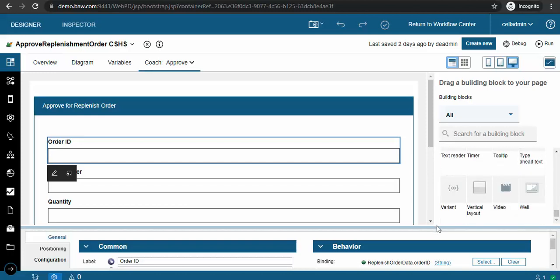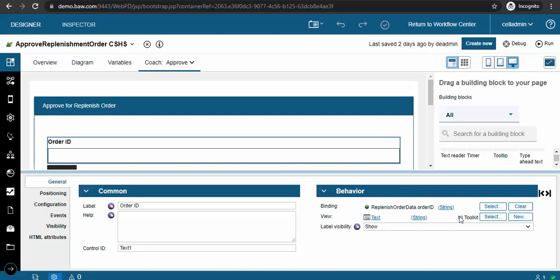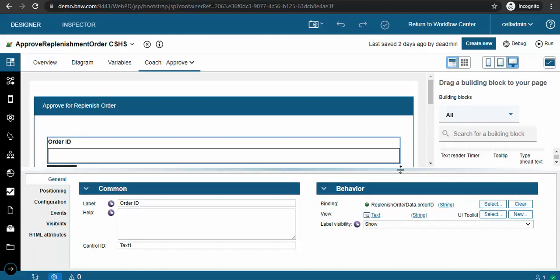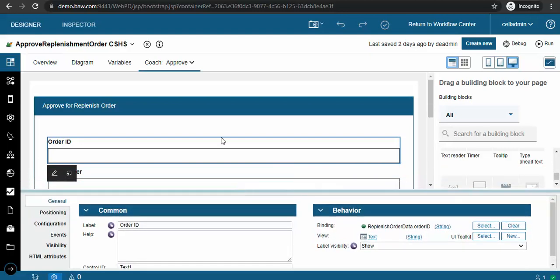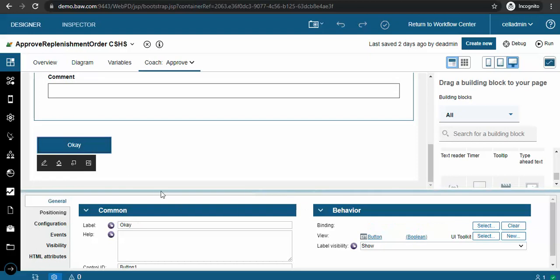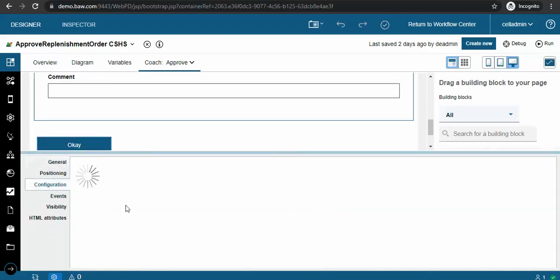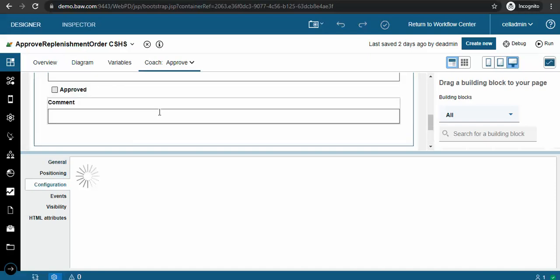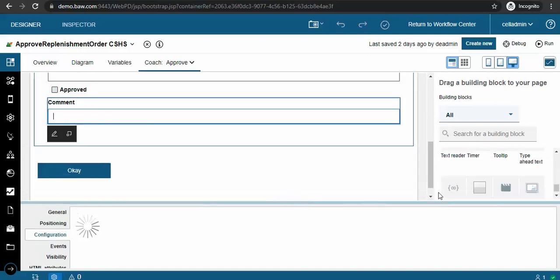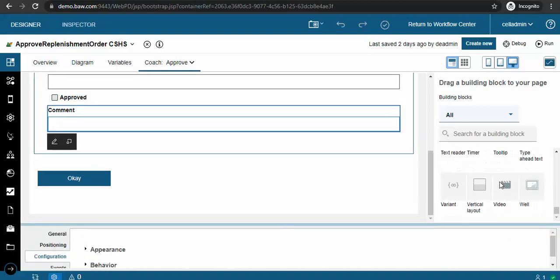So we have UI toolkit. Earlier this was Spark UI toolkit. So it got renamed after 8.6, and let's see what else we have. Okay, so I don't think there will be much change in the basic artifacts like buttons and text boxes. So maybe there are some new artifacts which you will have to go through and see.